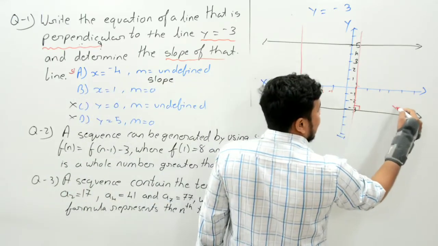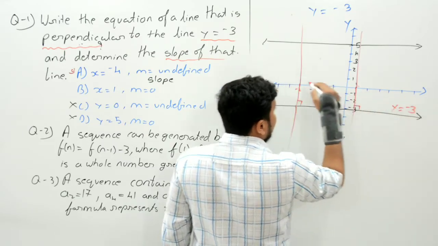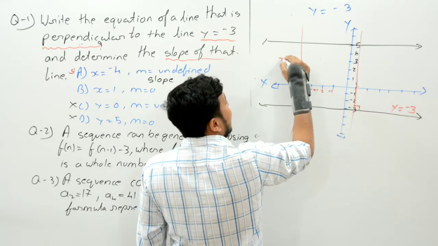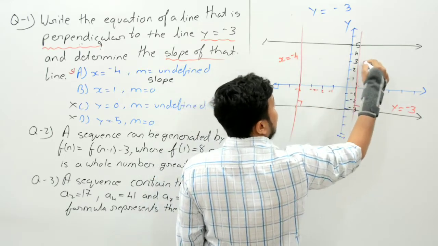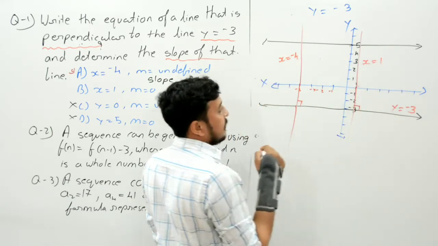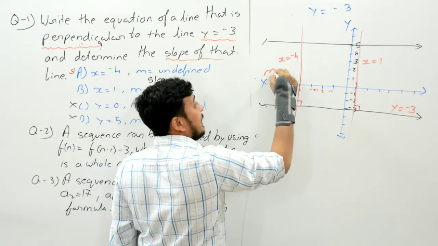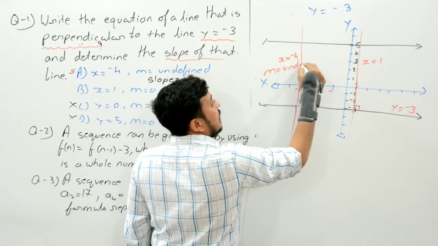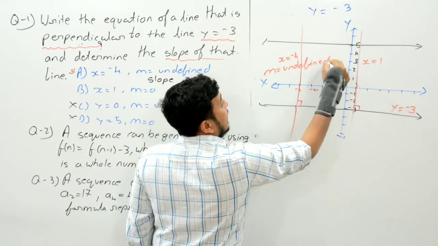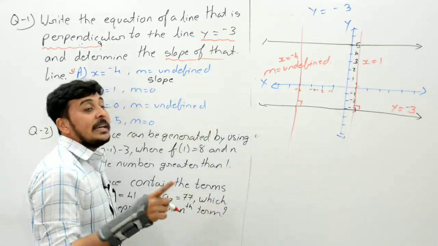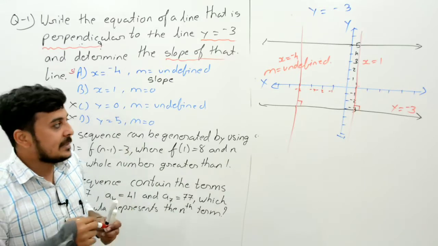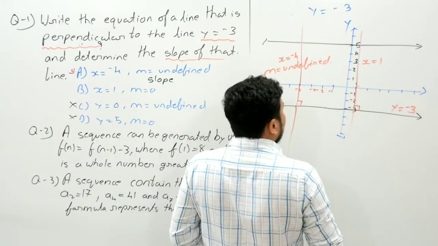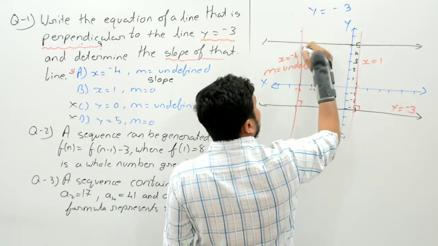Here this line is the given line, y equals -3. This is option A, where x equals -4. This line is x equals 1. But here m is undefined. And where can x equals a constant, with m undefined, occur? Then and only then if the values of the x coordinates are the same. And what do we mean by the x coordinates being the same? Here all the x coordinates